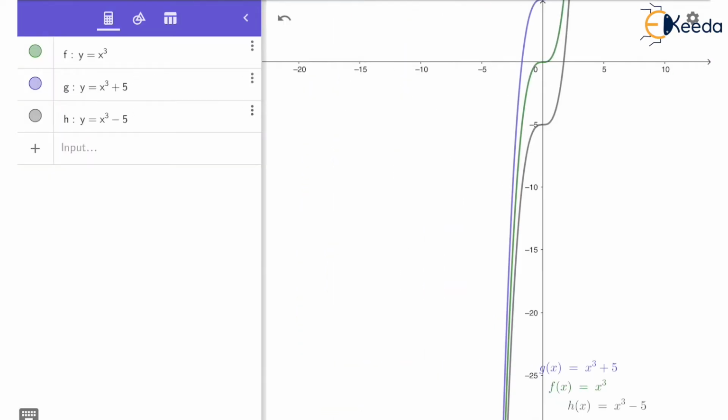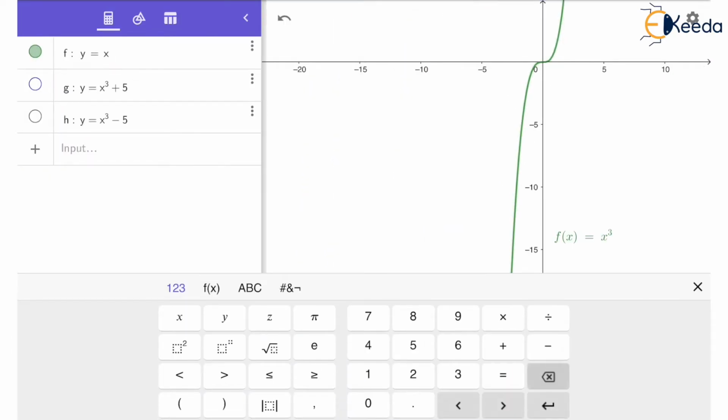Now we'll talk about the modulus function, which is written as y equal to mod of x. So that means it is checking the absolute value of the function, and the graph of this function can be of